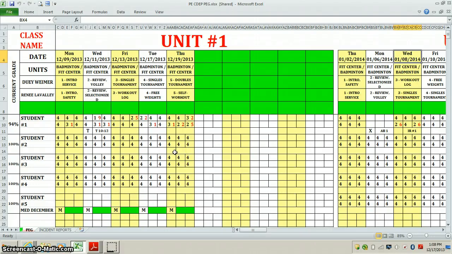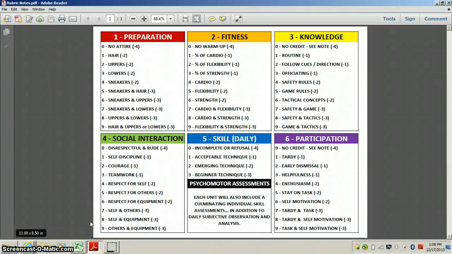We're going to take you through our physical education gradebook that we've put together. If you'll notice here, we've had a couple examples of students. This is our basic setup on our basic page. We've designated it into 6 categories. Those 6 categories help us to break down each of the different things within the category so that the